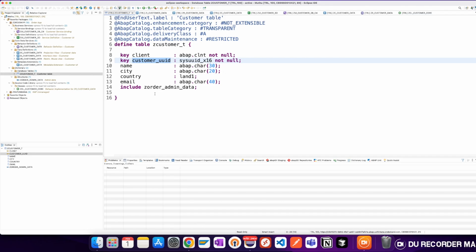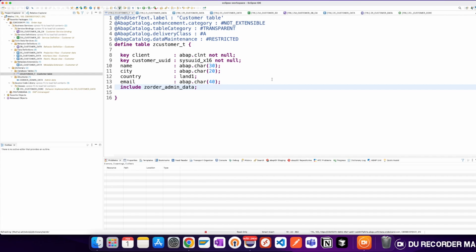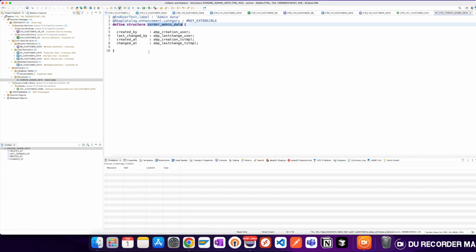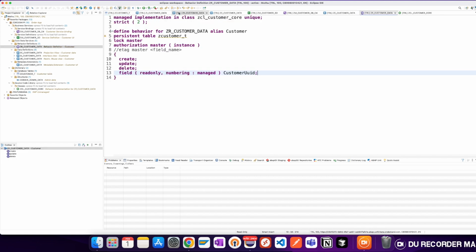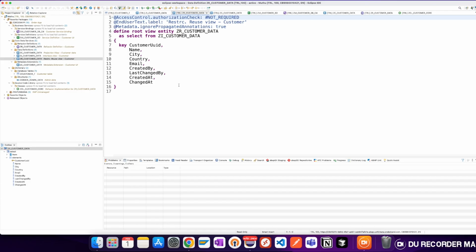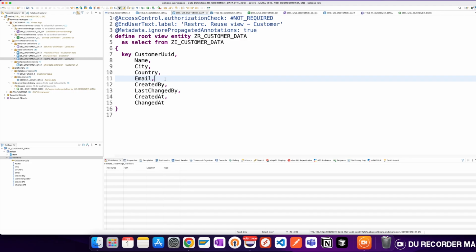Customer, right? So in this customer table, we still have this order admin data. This order admin data has a few fields like created by, created at, last changed by, last changed at, right? These are values we need to provide again, either manually or we can tell the framework to do this as well. To tell the framework to handle this, you go back to your R view. In this R view, you have to define the corresponding columns with the specific annotation. For example, if I just go here,